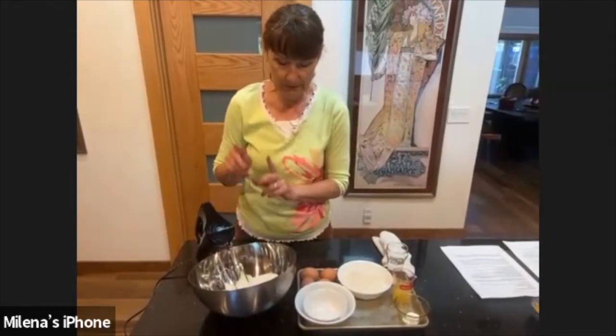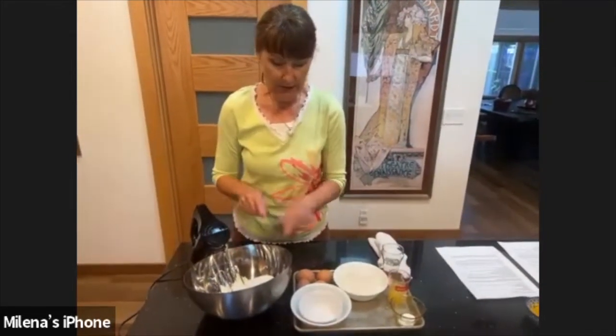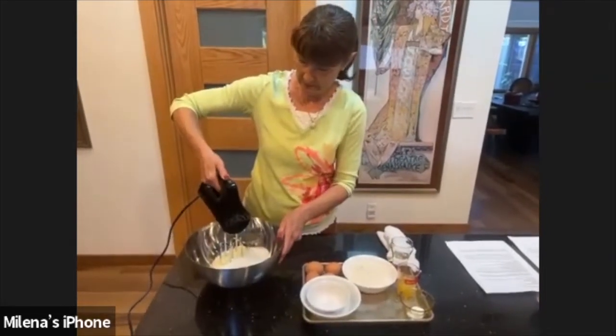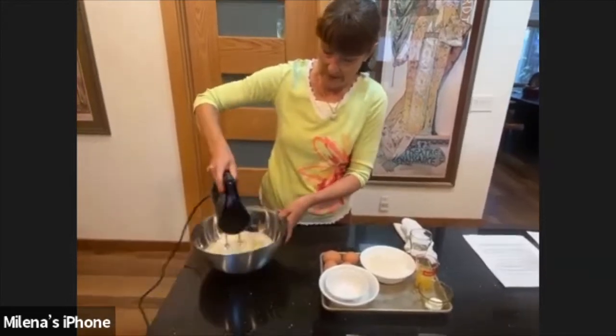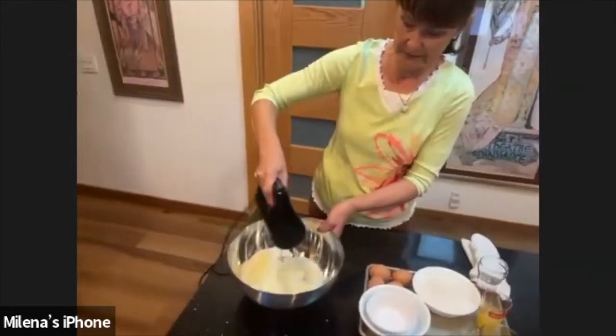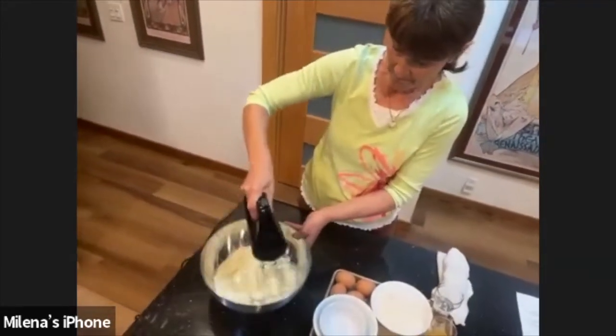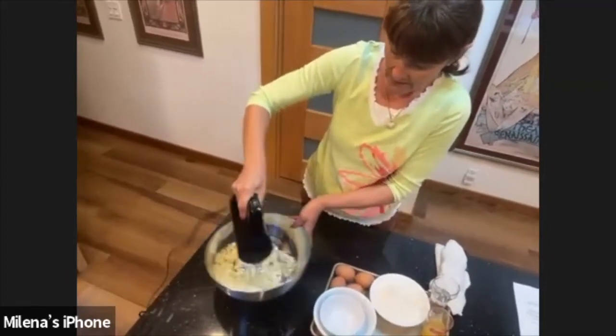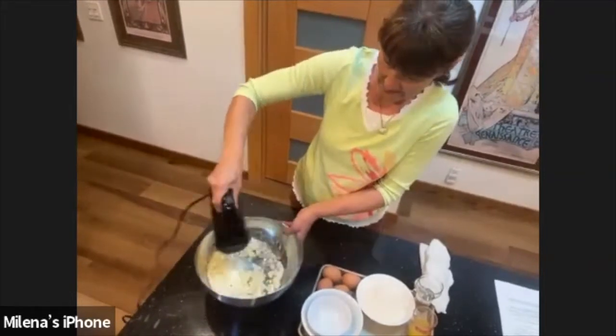So I put the butter in there, I put the sugar in there, and I put the pinch of salt in there. And, oops. And you're gonna mix it all together until it is nice and